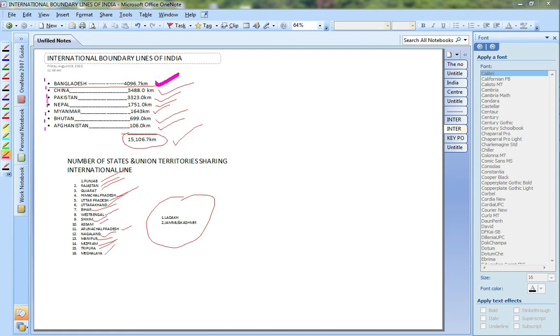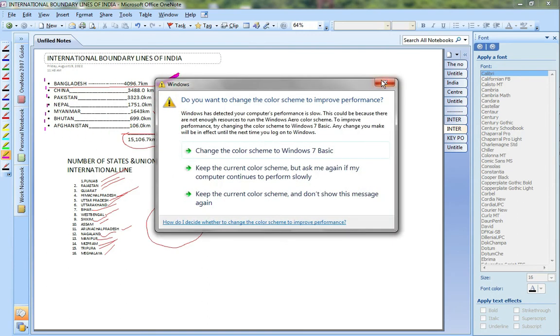China and India, 3488 km. Pakistan and India, 3323 km. India and Nepal, 1751 km. Myanmar and India, 1643 km. Bhutan and India, 699 km. Afghanistan and India,